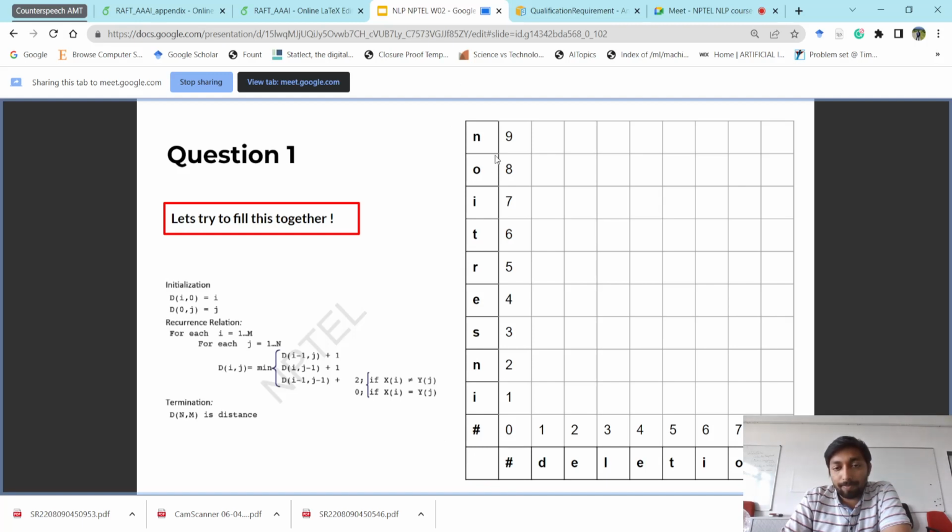Now let's say we have to move from insertion to deletion. Okay. Now let us say we have only this hash character. Now the hash character is here also. So the minimum change required is,